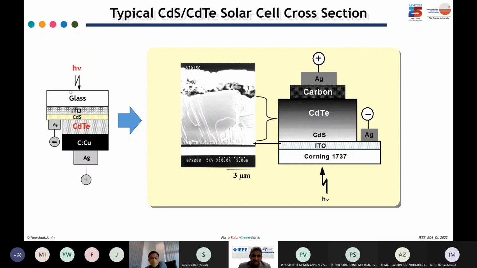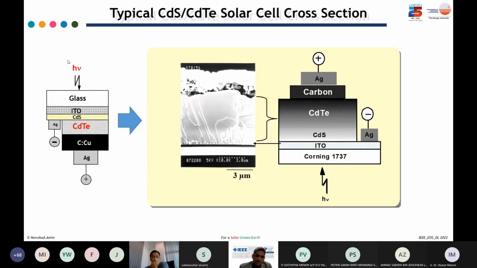This is the typical cadmium telluride solar cell. First of all, there is the glass through which light will penetrate, then some layers of indium tin oxide, cadmium sulfide, cadmium telluride, then back contact materials. So ITO is a transparent conducting material, which we call the front contact. And CdS is considered as an N-type partner of P-type cadmium telluride, forming an NP junction. Here is a heterojunction between cadmium sulfide and cadmium telluride. Other layers are just supporting layers